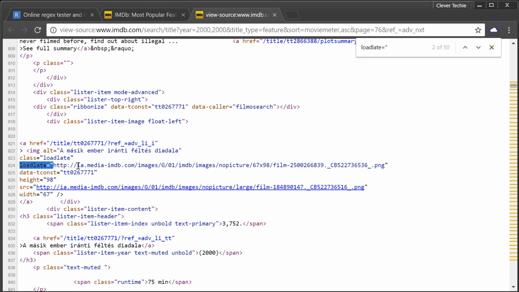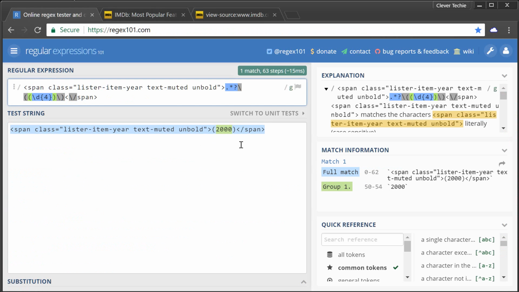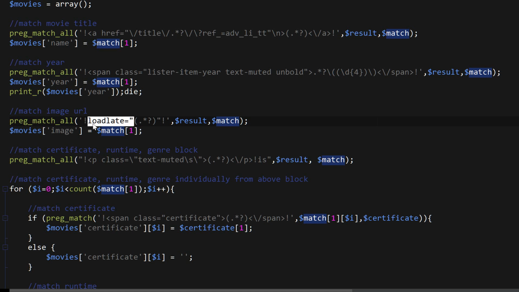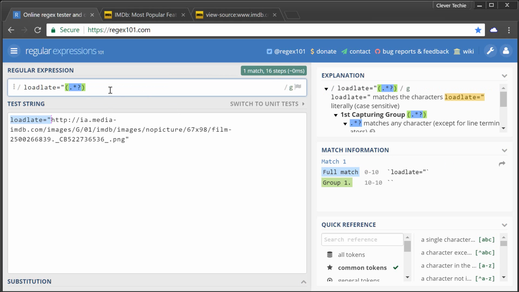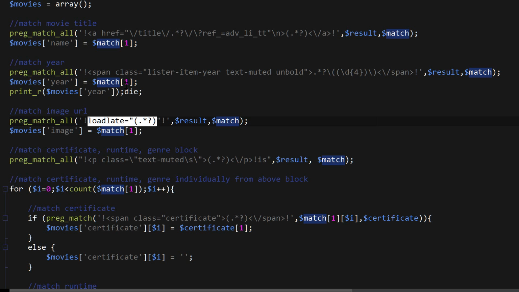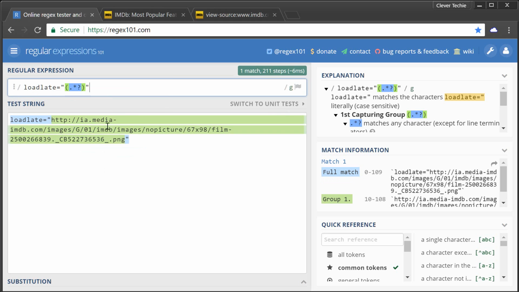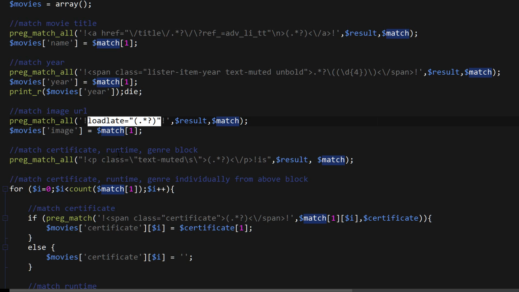And so this is the actual string, and inside the double quotes, we have the actual image URL. So I'm going to paste the code here, and I'm going to paste the regular expression as well. And the regular expression, oh yeah, it ends with a double quote. Don't forget that. Okay, so it's capturing the image URL under group 1, and this is super easy, so let's